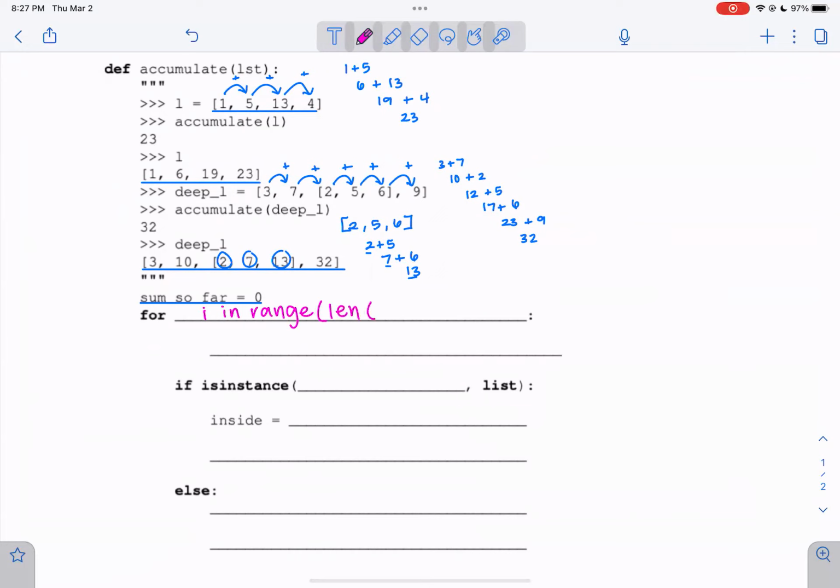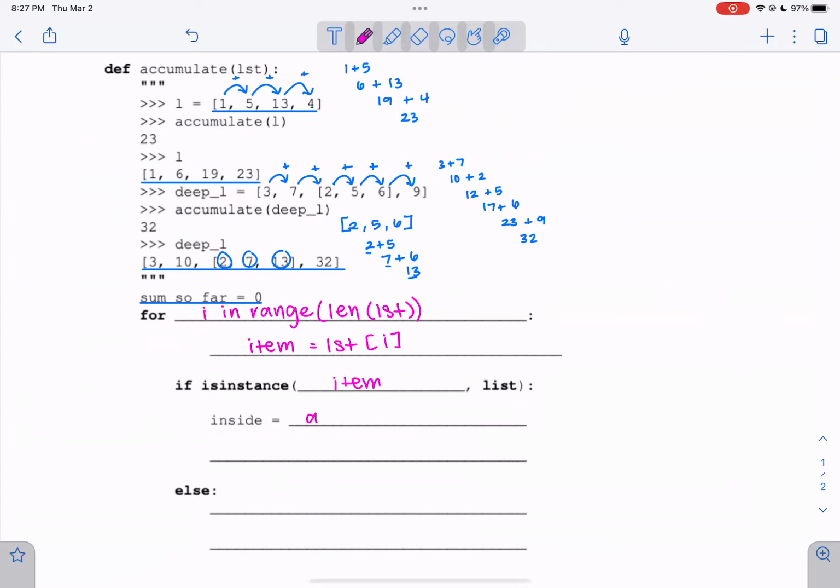What we want to do is create a variable called item and set it to be the list, the new list. And if isinstance item is a list, which would return true, then inside is